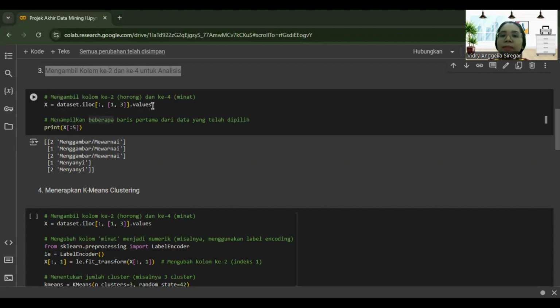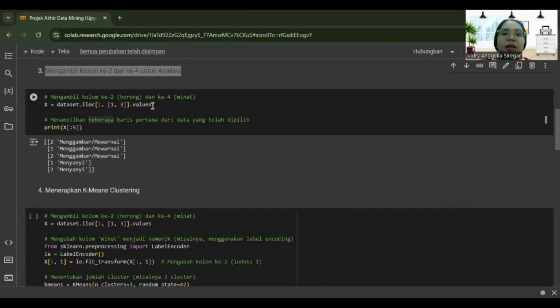The colon means all rows will be retrieved. 1 and 3 means the second column, index 1, and the fourth column, index 3, will be retrieved. In this context, the second column represents the horong column, and the fourth column represents the interest column. Once the desired columns are selected, values is used to extract them in NumPy array format.